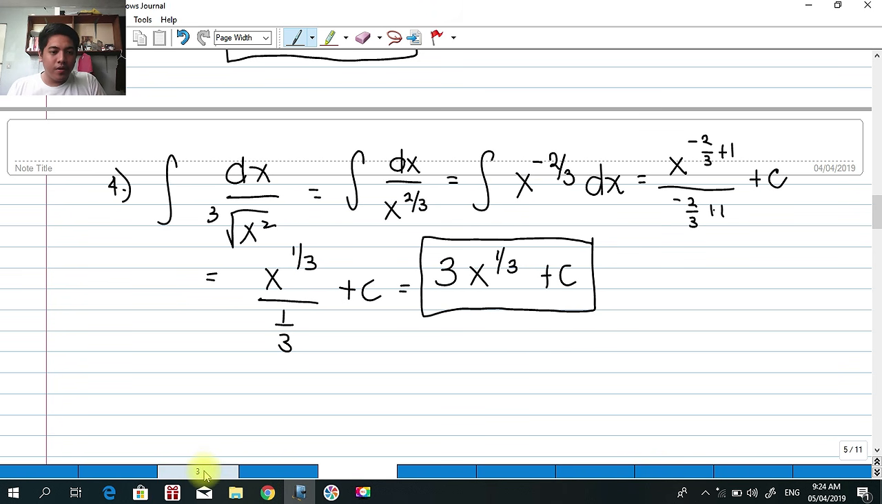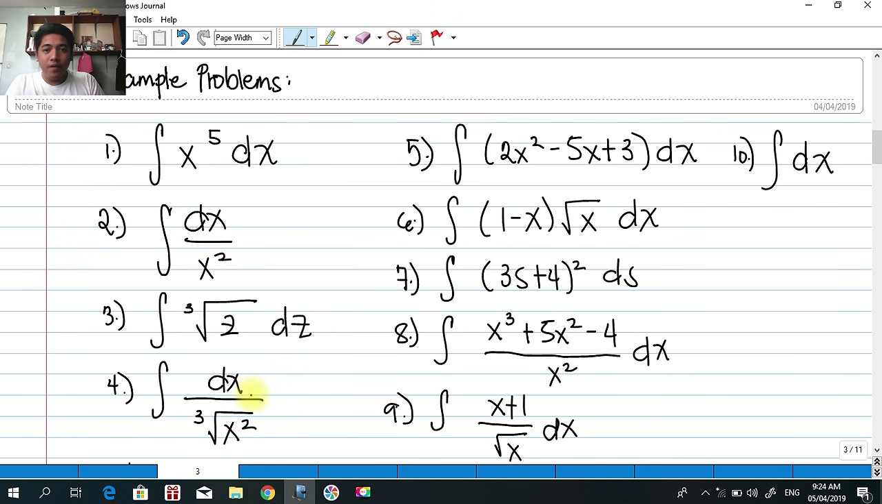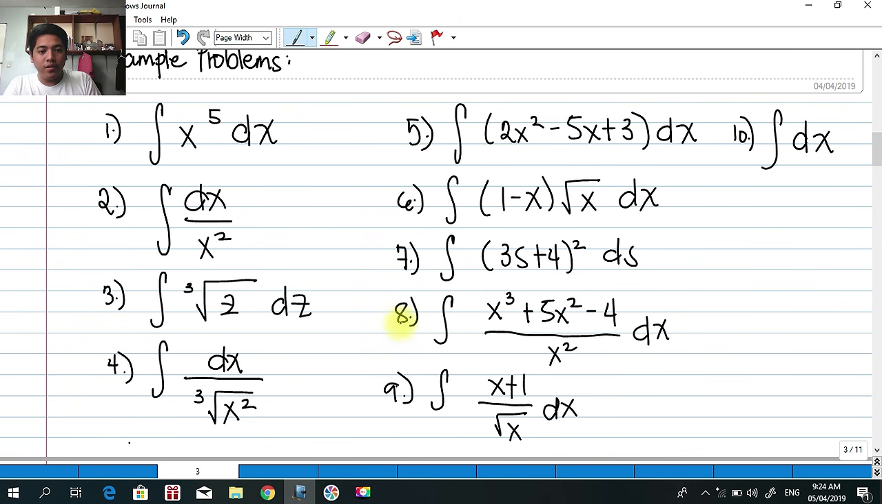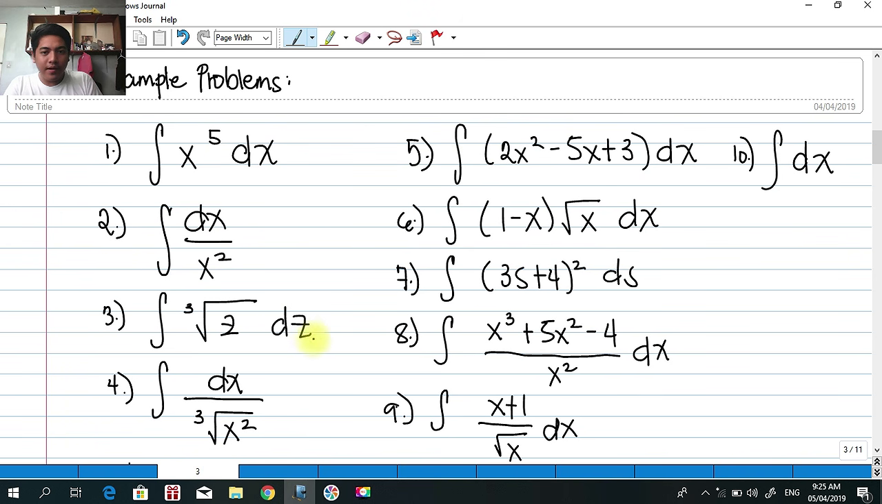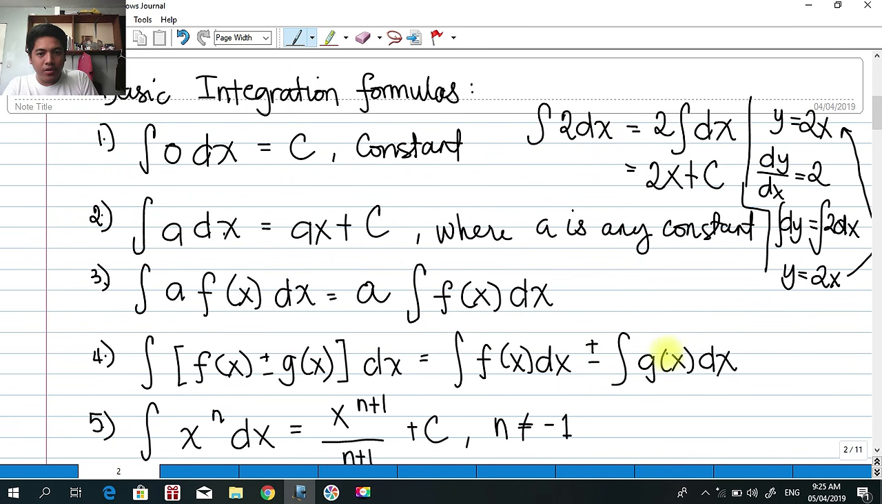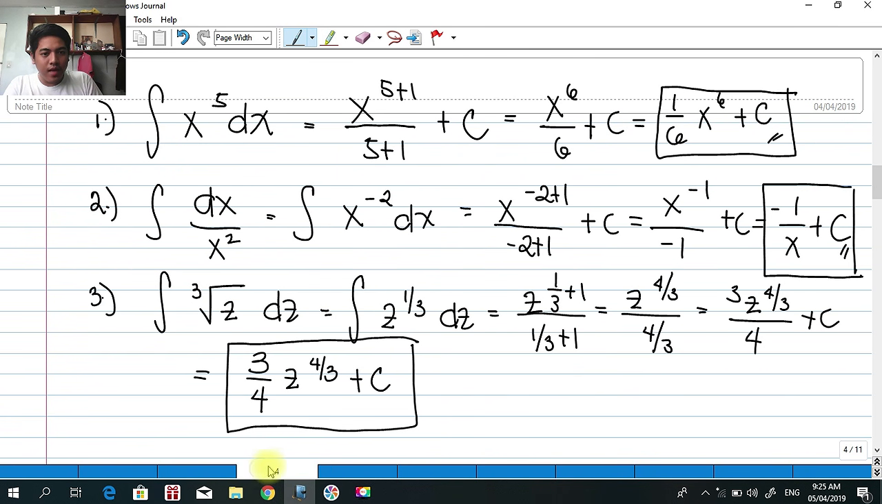So, for number 5, we have here the integral of 2x squared minus 5x plus 3 dx. So, we can now apply our formula here for the number 5 question, our sum and difference. Which means we're going to evaluate